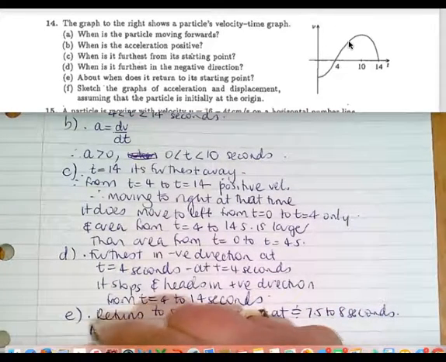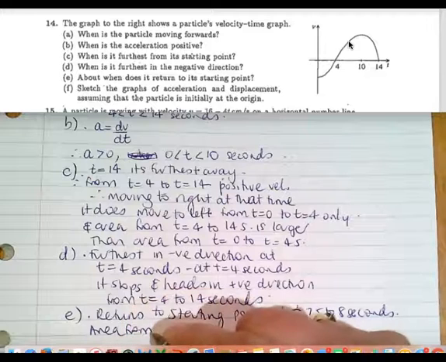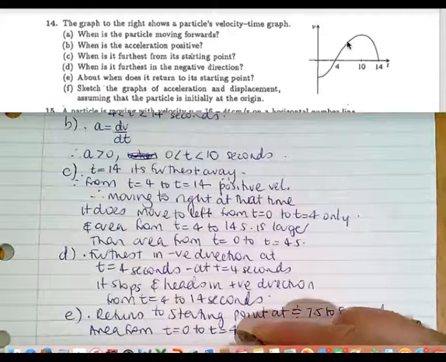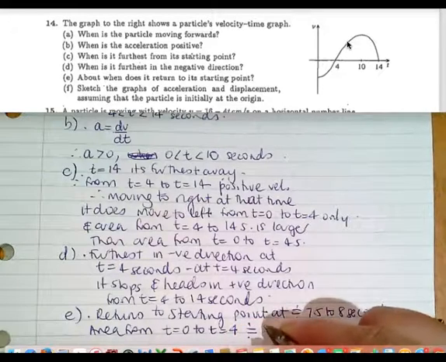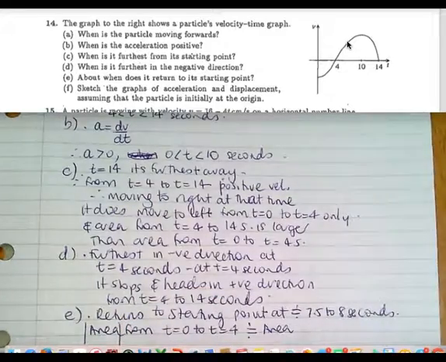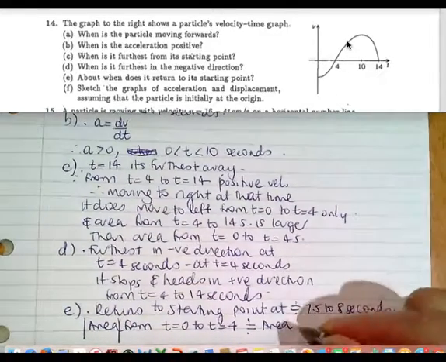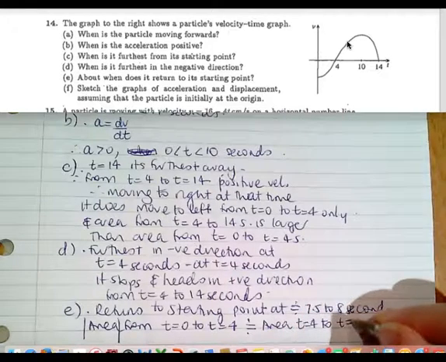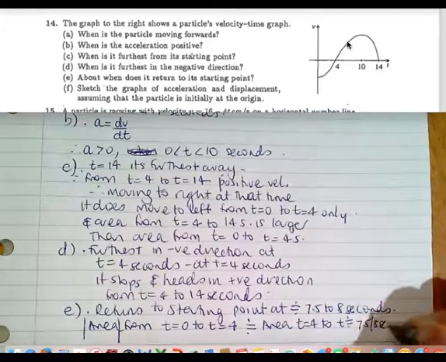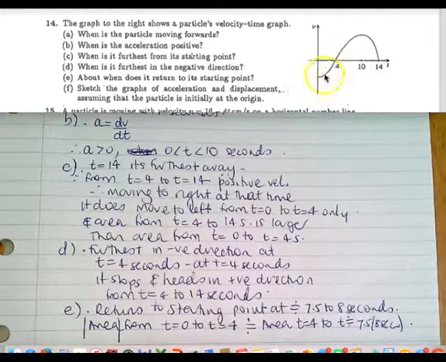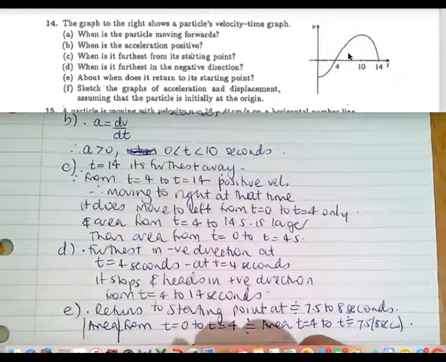And that's where we want the area from t equals 0 to t equals 4, the absolute value, sorry, to be approximately equal to the area from t equals 4 to about t equals 7.5 to 8 seconds. All right. Now, the thing is, this distance here is in the negative direction, and this distance here is in the positive direction. So the particle would,